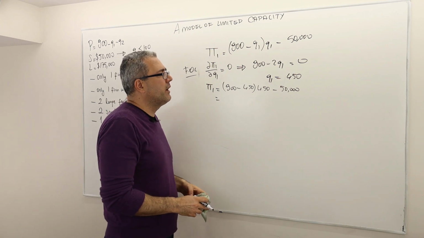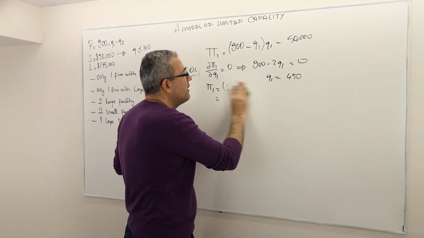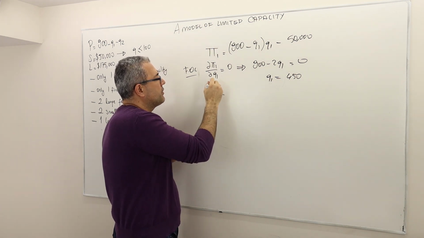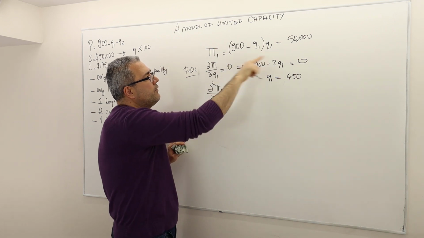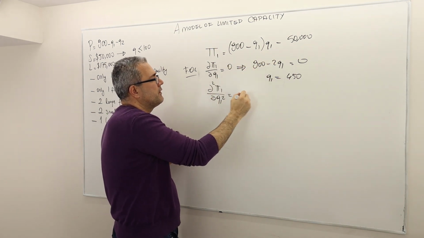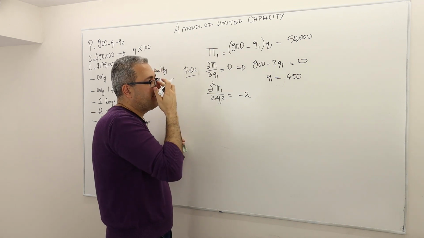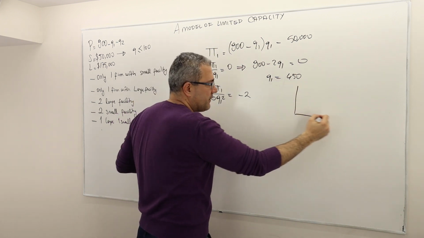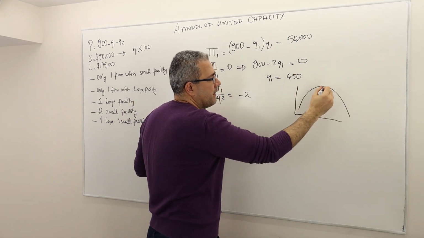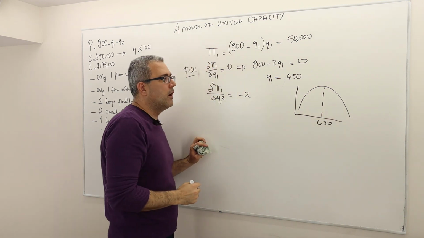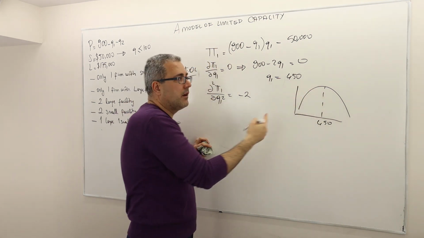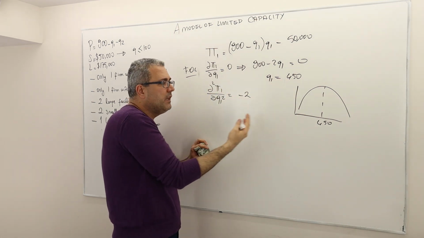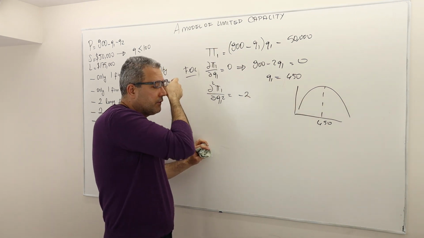So does that mean that Q1 has to be 100? Well, for this, you have to check the following. What is the second order condition? If you look at the second derivative of this profit function, it's minus 2. So what does that mean? That means this 450 is actually the maximum, which means the profit function is something like this. Because there's only one critical point, and the second derivative is negative, it is the global maximum, right? So therefore,